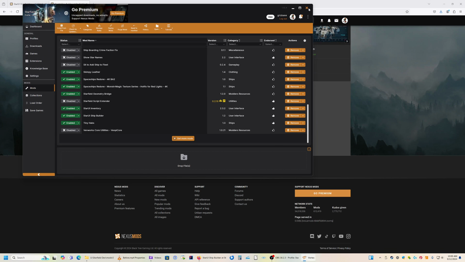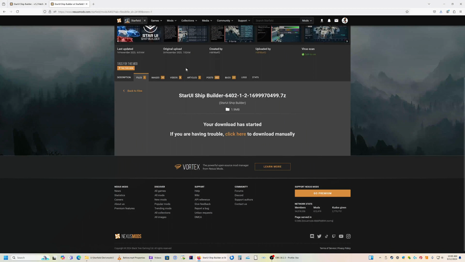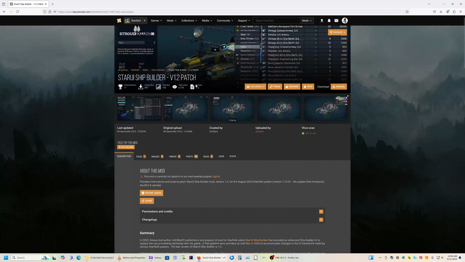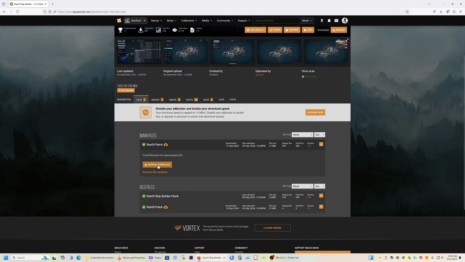So I don't need the Vortex anymore, so I'll get rid of that. I don't need the page for the StarUI Ship Builder because we have that installed. So now we go back to the StarUI Ship Builder v1.2 patch page, and we need to get the actual patch files themselves. So we click on Files, and we say Download,